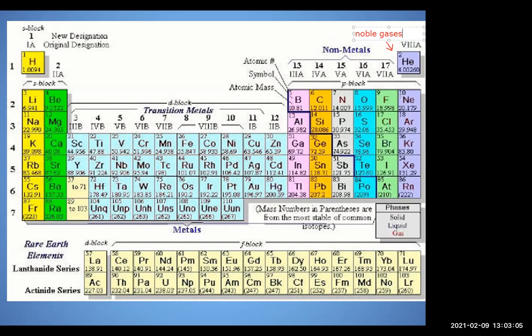The reason for this is because of their outer shells, and we're going to talk about this in a little bit. Atoms are, of course, in the center of an atom, in the nucleus, you have protons and neutrons. And then in the outer part of an atom, you have a cloud of electrons. There's electrons zipping around in various orbitals, actually. And it's these outer electrons in the very outer shell of an atom that react with the electrons in other outer shells of other elements, and they form bonds, they form reactions.